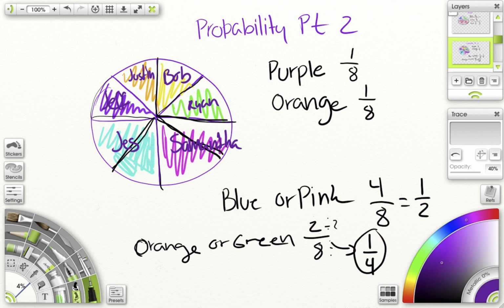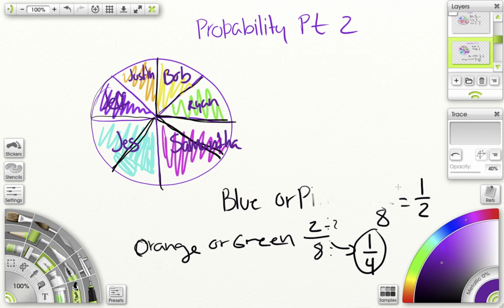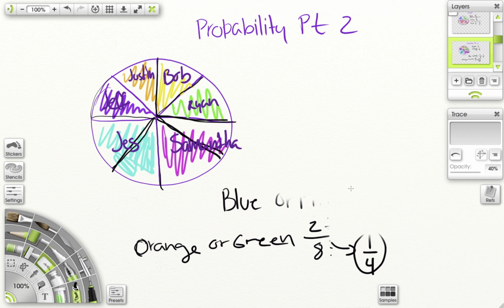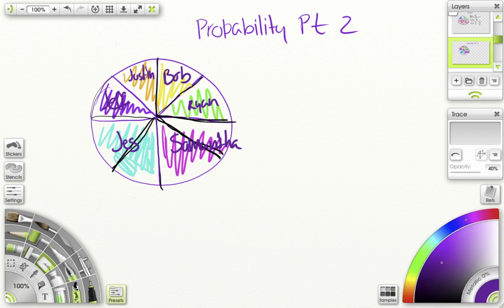What we're trying to determine here is, is this an equal distribution of boys and girls? So it's the same as asking, if I spin a spinner, am I just as likely to land on a boy's name or a girl's name? So let's find out. We have 2 girls' names, and they take up 1, 2, 3, 4 spots altogether. So Jess and Sam are both girls, so 4 out of all the 8 are girls, or 1/2